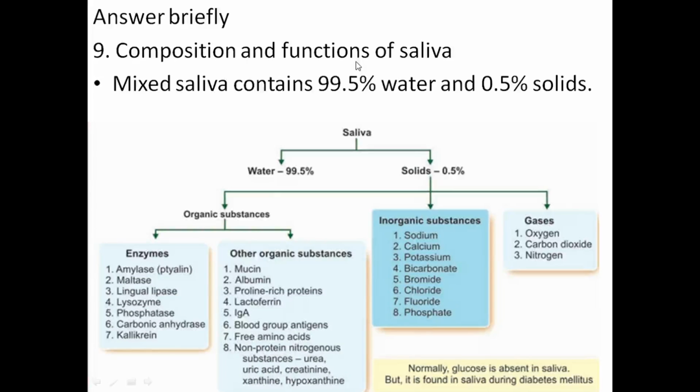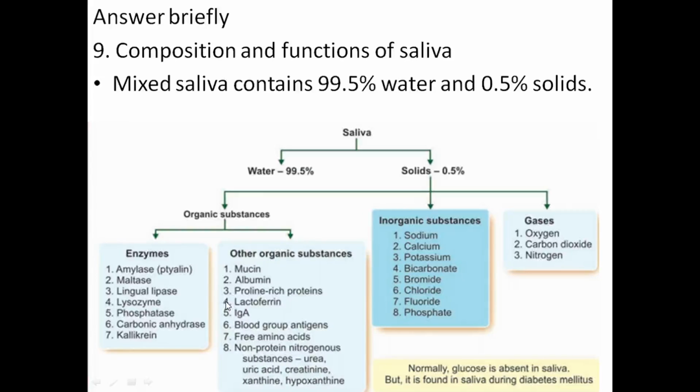Composition and functions of saliva. The main composition is water and solids of 0.5%. The solids are divided into organic substances, inorganic substances and gases. Organic substances are again divided into enzymes and other organic substances. Enzymes include amylase, maltase, lingual lipase, lysozyme, phosphatase, carbonic anhydrase and kallikrein. Other organic substances include mucin, albumin,